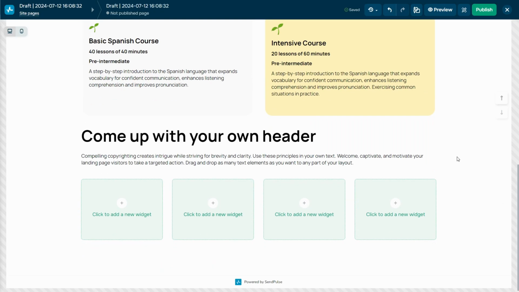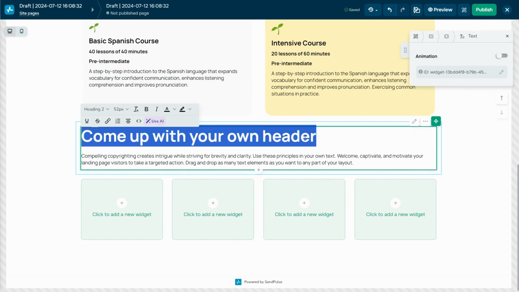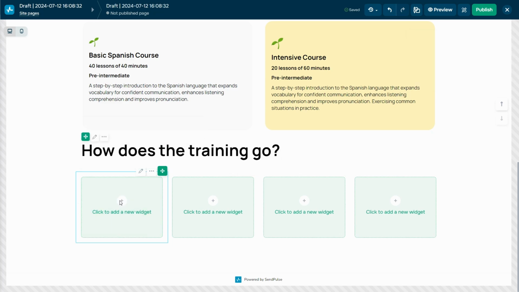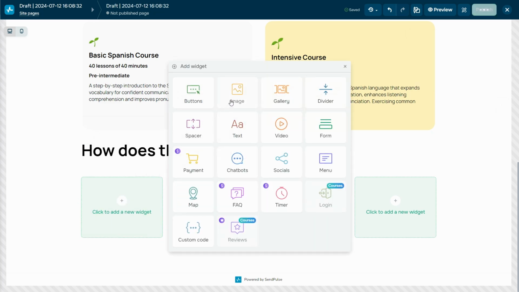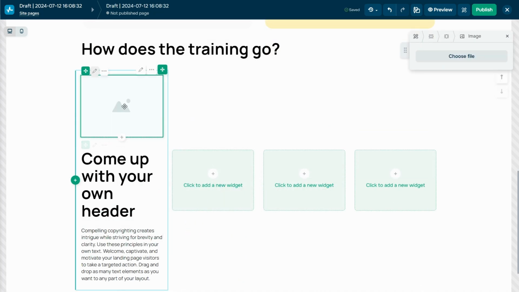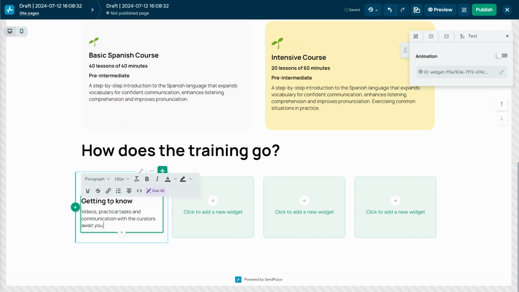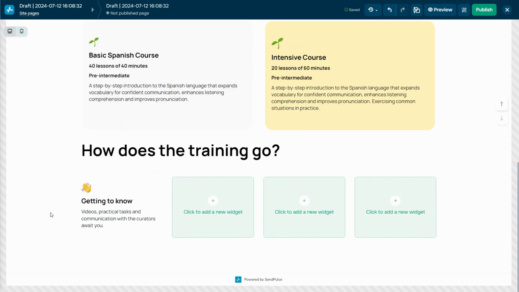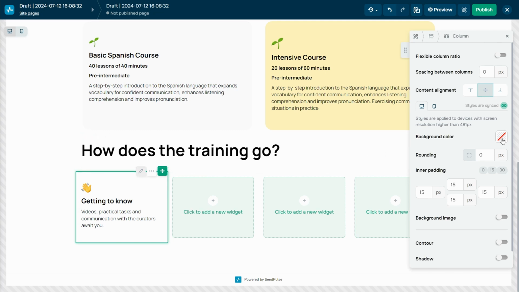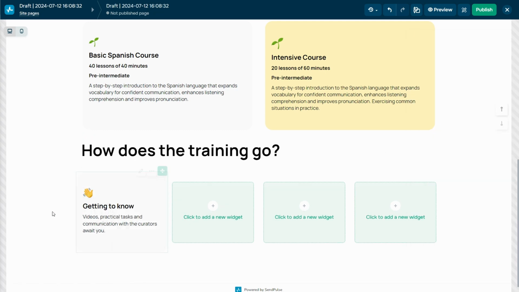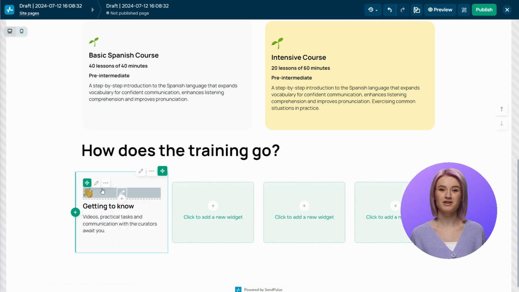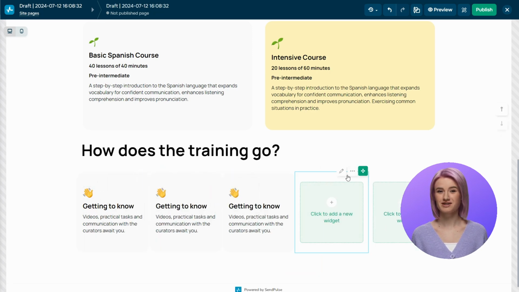Set the title and remove any unnecessary text. In the column below the header, add essential widgets: image, spacer, and text. Add your image and adjust its appearance, then paste the text and set the padding height as needed. To change the background color for an entire column, click the pencil icon, then adjust the color, rounding, and padding settings. Once your customized block is ready, copy it and remove any placeholder elements from the previous setup.